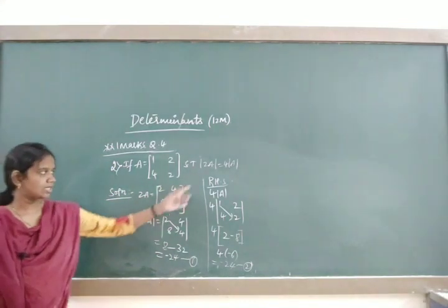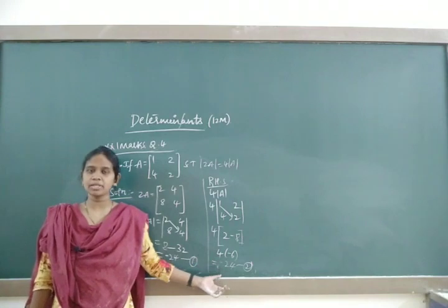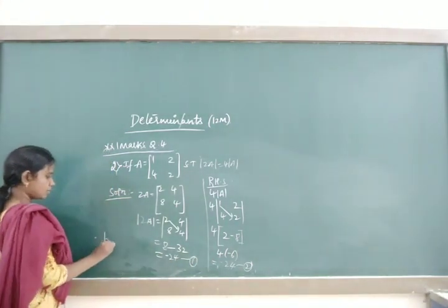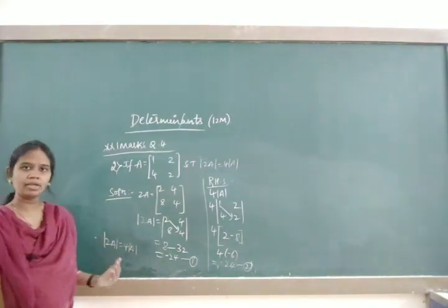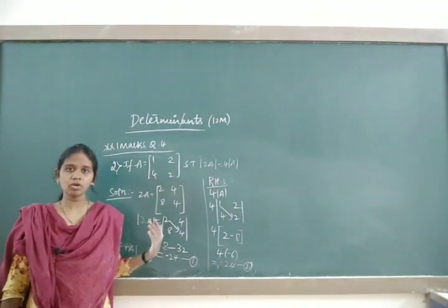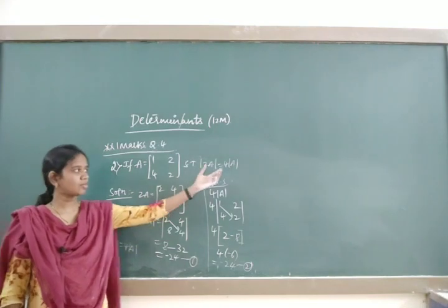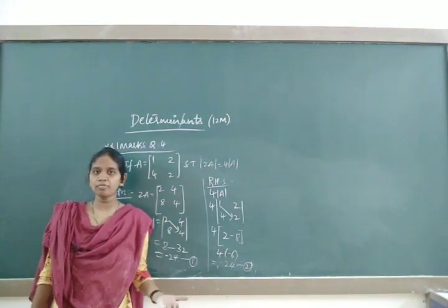Now check it out, LHS is equal to RHS. It is a minus 24 and it is also a minus 24. Therefore, determinant 2A is equal to 4 into determinant A. So based on this, this is about 2 cross 2. Now I will take a 3 cross 3 problem also. After that, we have one general formula, and it is important from a competitive point of view.